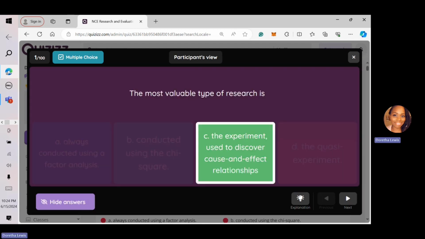So the whole point of research is to see if what I manipulate, which is the independent variable, will there be a significance of a relationship, right? So cause is me manipulating. The effect is the dependent variable, right? So between these two variables, do they have a significant relationship with each other, right?